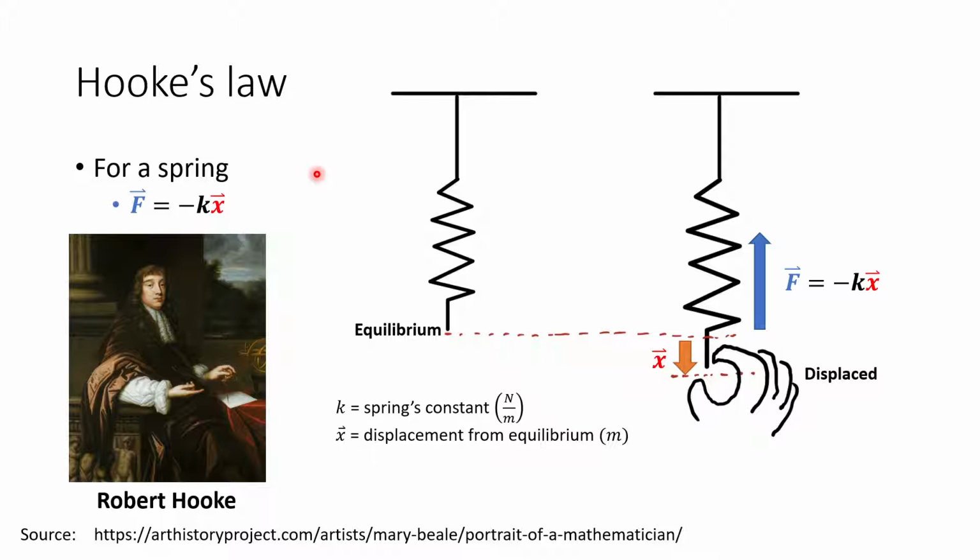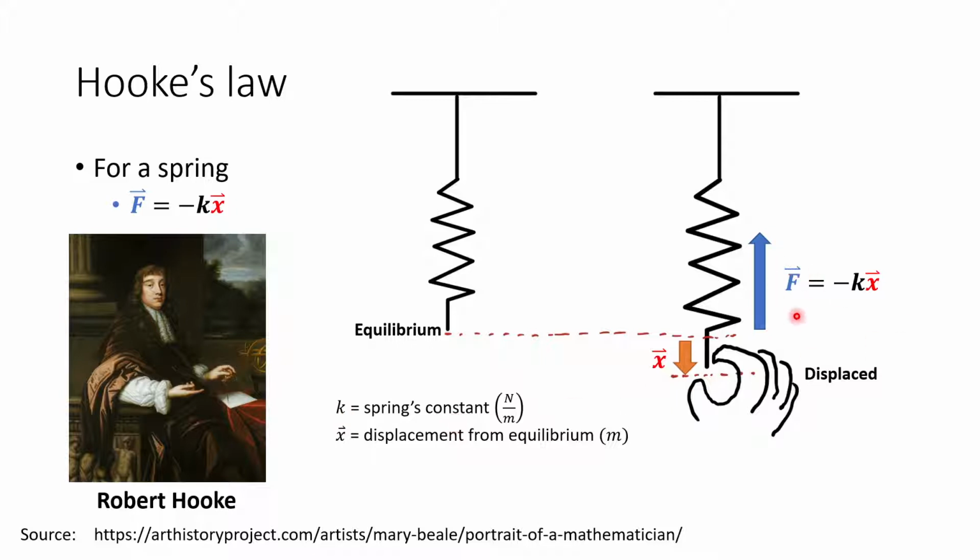Hooke's Law was named after Robert Hooke, a mathematician who came up with the fundamental law of the spring. When you have a spring, it starts at equilibrium, but when you pull it out of equilibrium with a displacement vector x, an opposite force F equals minus kx acts on it. That means the more you displace the spring, the more force in the opposite direction acts on it, with a multiplier of the spring constant, which is called the Hooke's constant. So k is the Hooke's constant, or the spring constant.